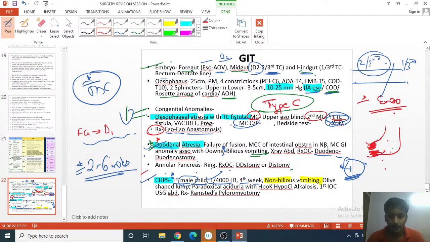ठीक है, so ये problem है यहाँ पे. So अगर बस यहाँ से regurgitation होगा, यहाँ से vomiting होगी, so bile मिक्स हो पाएगी क्या? नहीं. So remember in CHPS there is non-bilious vomiting and in duodenal atresia there is bilious vomiting. Please remember, ये differentiating feature हो सकता है. Then